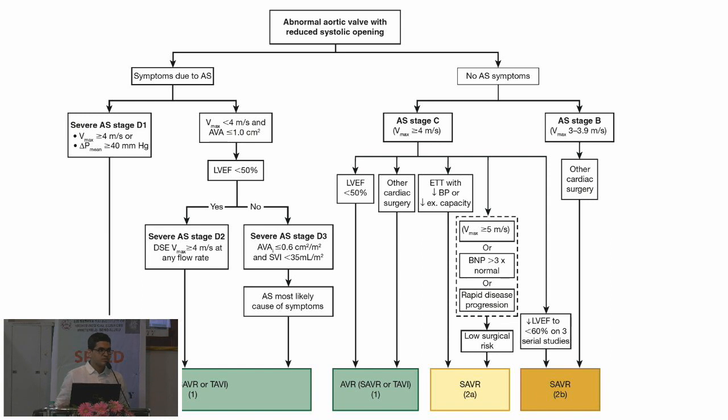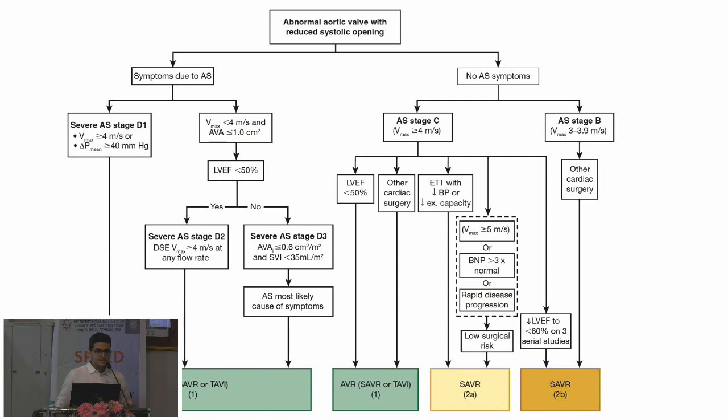Why this is important for us is in the 2020 guidelines, which we are expected to write in the exams, a patient who is to be taken for TAVR is only one who fits a class 1 indication for AVR. So at least till now, things are changing because of so many trials, but someone who has a pure class 2 indication does not go for a TAVR. Anyone who is only a class 1 indication for AVR can go for TAVR.